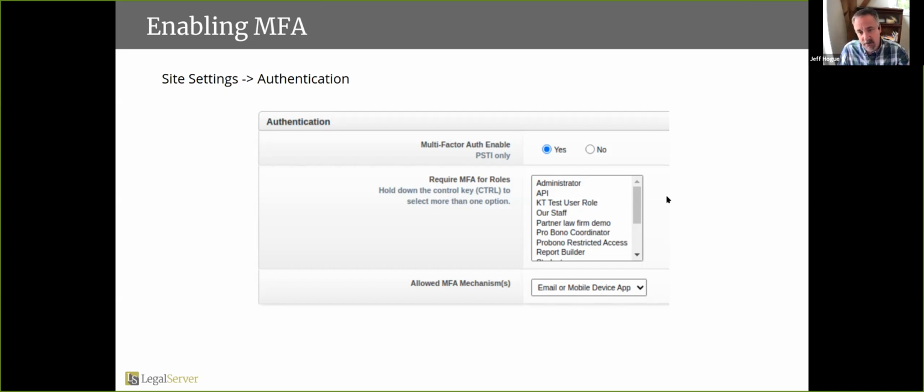So there's two options. Right now, the option I'm talking about is, no, I don't want to use the same key to get into my Gmail as I get into LegalServer.